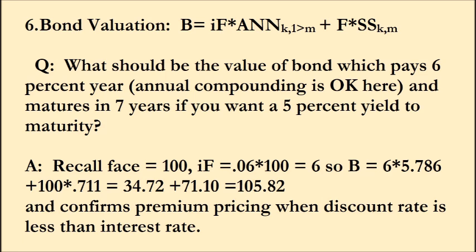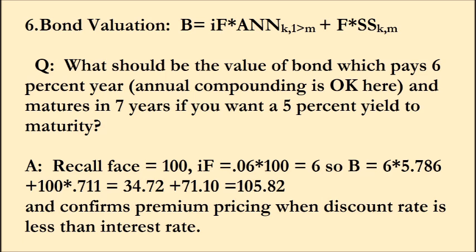Let's do this one. We have a bond that pays 6%. We can use annual. Normally it's twice a year at half the amount, and matures in 7 years, and we want a 5% yield. Notice it pays more than what we want, so it trades at a premium. Recalling the bonds are always priced, calculated as a face value of 100, so the interest payment will be the